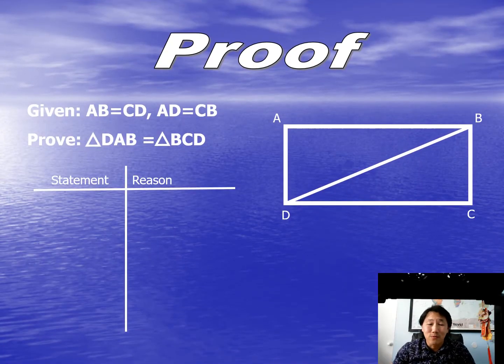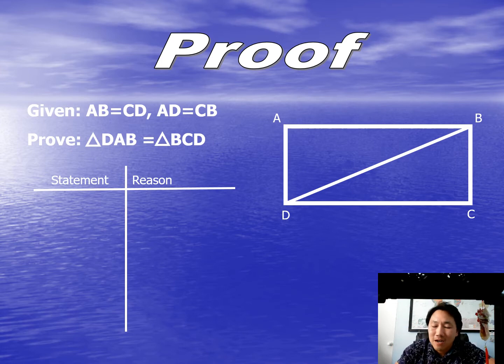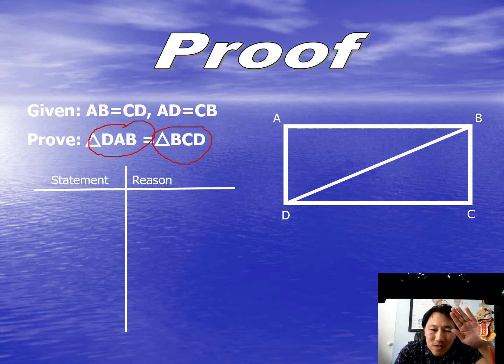Let's do a little proof. All right, proofs are, again, you have to show all your steps to get to what they want. So they want you to show that triangle DAB is equal to triangle BCD. So they want you to show that the top triangle is congruent to the bottom triangle. So how do we show something is congruent? We show that all three sides are equal. All right, so first thing,